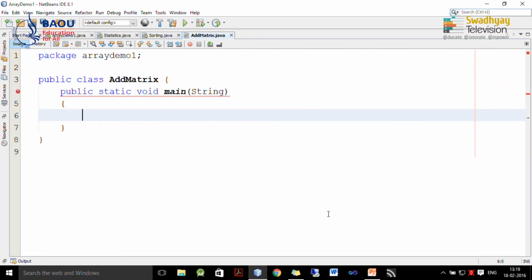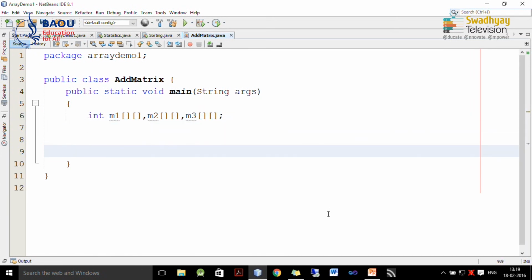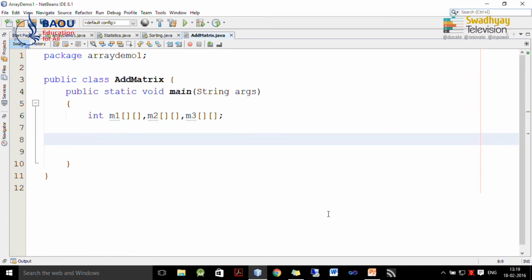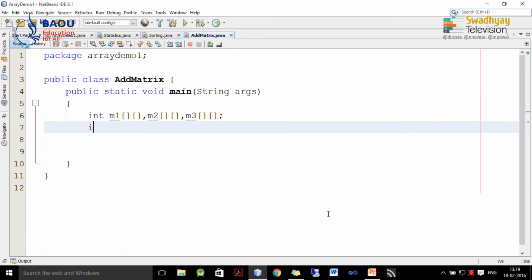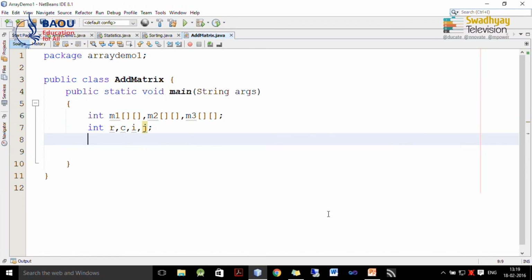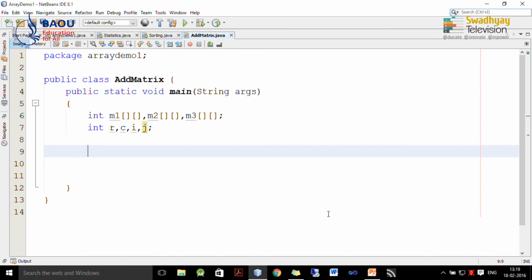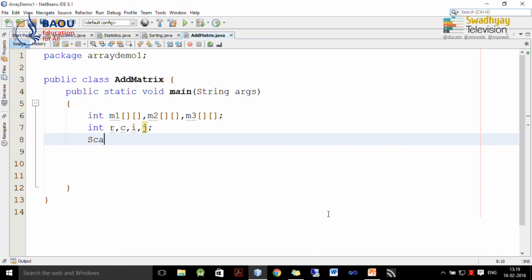And we declare 3 matrices, and its size is initially unknown. So, we declare 3 two-dimensional arrays which represent 3 matrices, and here I declare 2 variables r and c which represent number of rows and columns, and we have 2 variables for iterating these matrices, and we have one scanner